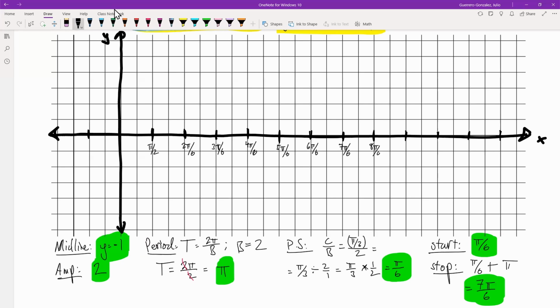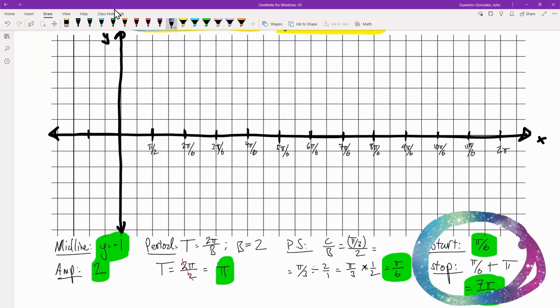8 pi over 6, 9 pi over 6, 10 pi over 6, 11 pi over 6, 12 pi over 6. We know that 12 pi over 6 reduces to 2 pi. So you can reduce these if you see fit. I'm just trying to maintain a pattern so that everybody sees what I'm trying to do. Now, because of these two things down here,